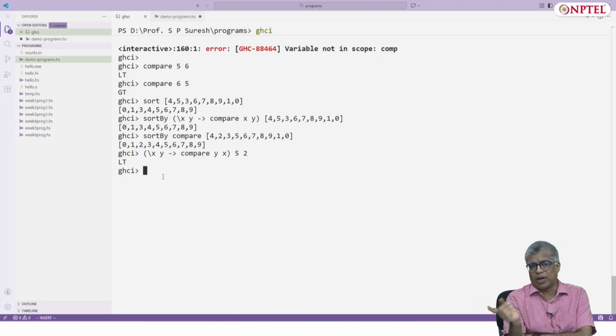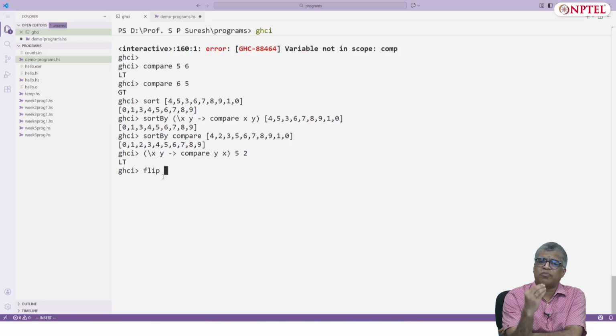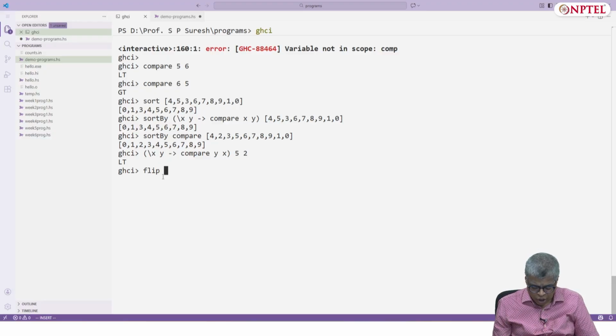Okay, and an easier way to do this is to say flip compare, because remember that flip uses the same function and flips the order of the arguments. So flip compare 5 2 will give you LT, flip compare 2 5 will give you GT.